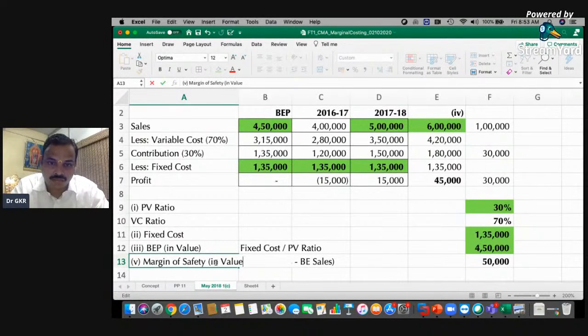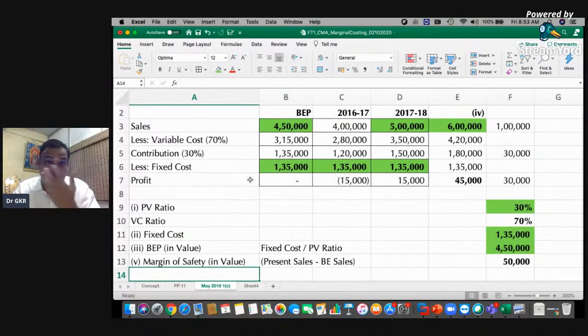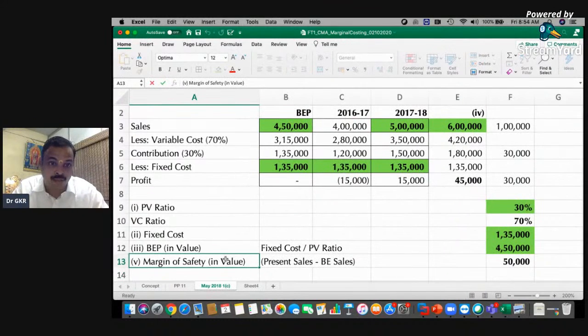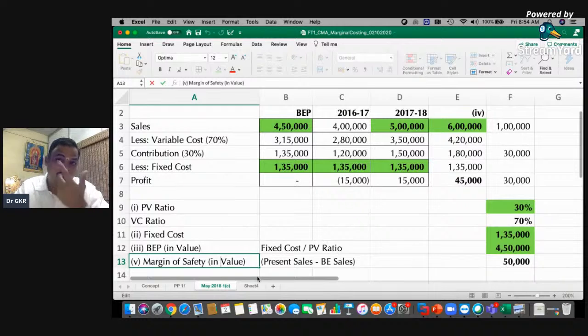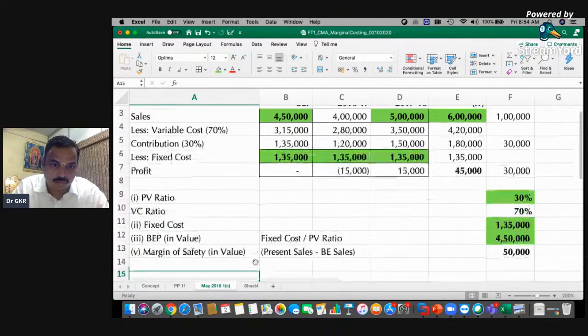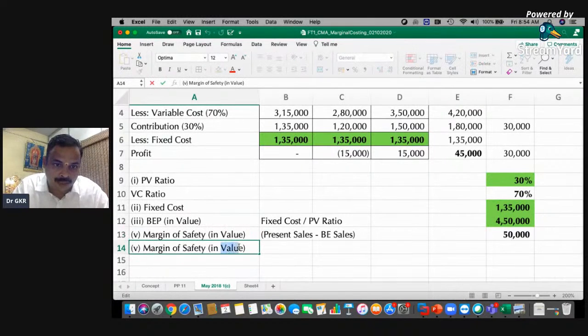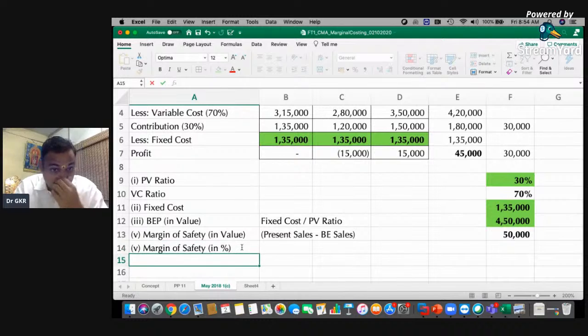Again in value. Margin of safety in terms of sale value. Actually, margin of safety you will also find in terms of percentage. I'll also do this here. Please look at this, I will do this in percentage. Sometimes they may ask in percentage also. So the difference is